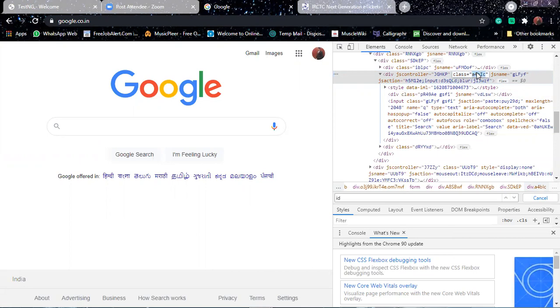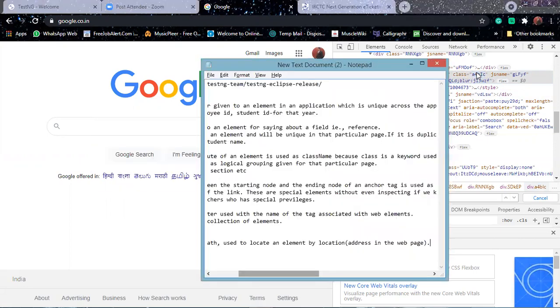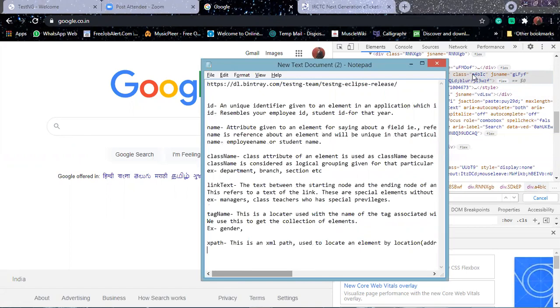Go back to your notepad, press enter and type slash slash. What is the element tag name? It is div, that is what we have selected.